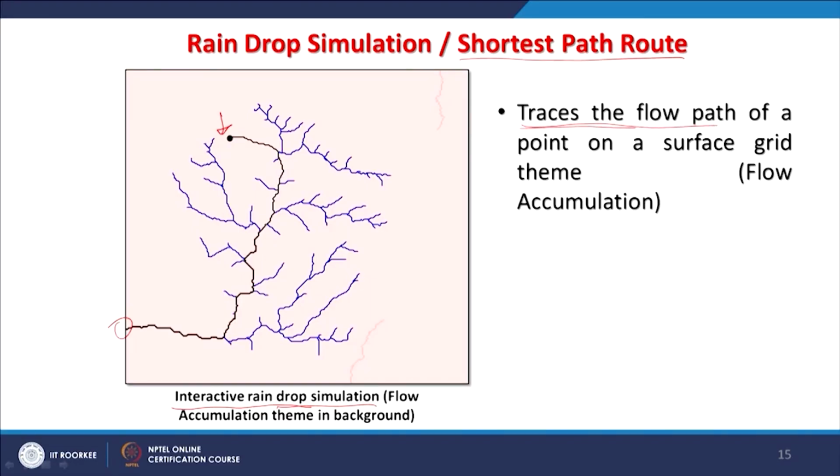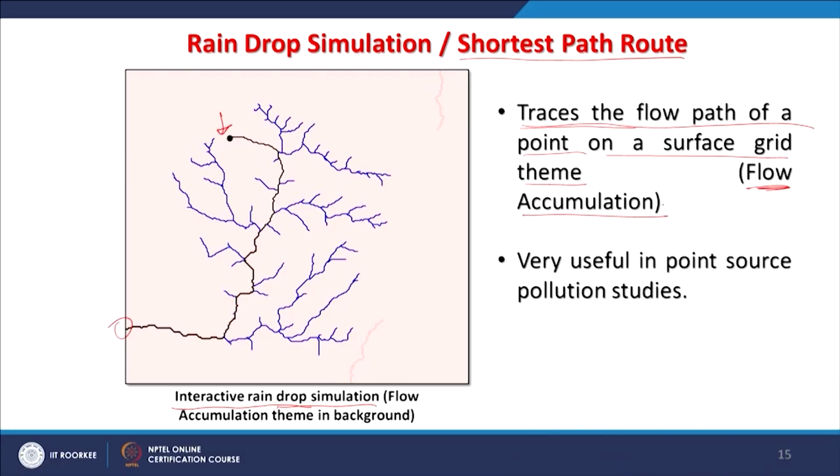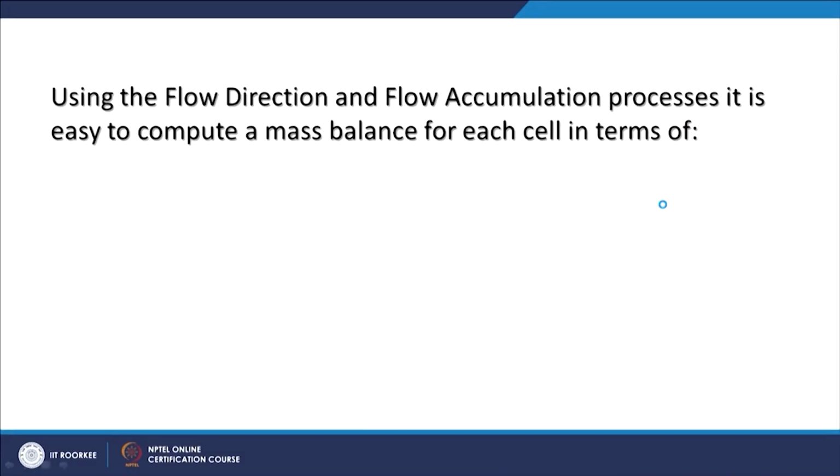That is the traces of flow path of a point on a surface grid theme. Thus input is flow accumulation. As I have already mentioned, very useful for point source pollution studies. So, employing two themes together, flow direction and flow accumulation processes, it is easy to compute a mass balance of